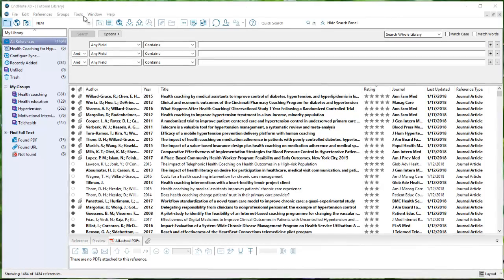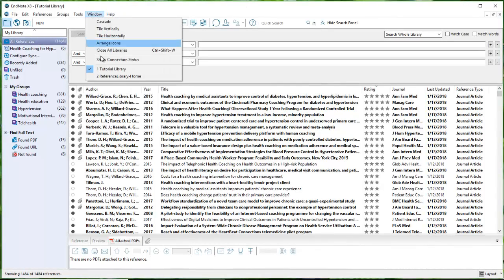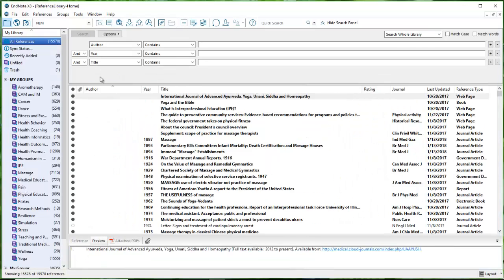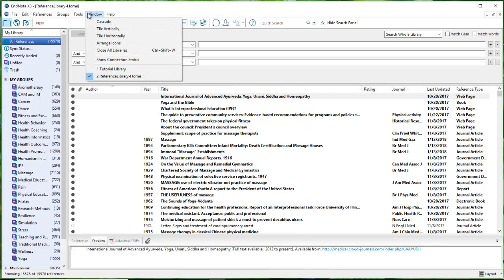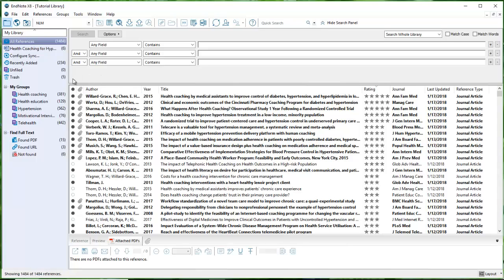So if I come up to my window here, I can switch over to my reference library and note that I've got 15,000 references in it since we last looked. And what I'd like to do is add the references that I've found on health coaching, which I'm currently working on, to the reference library and then sync that library up to